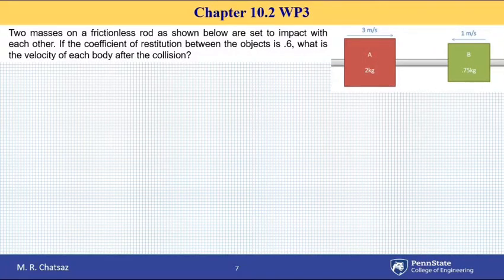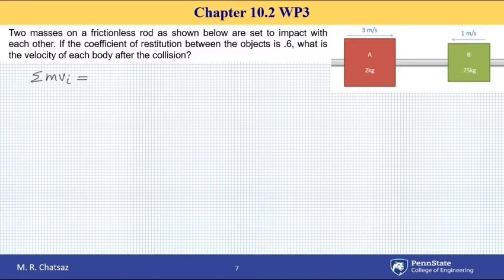The situation shows two masses that can slide on a frictionless rod and collide with each other. The data includes a coefficient of restitution of 0.6, and we want to find the velocity of each block after collision. So let's write the law of conservation of momentum, which says total initial momentum